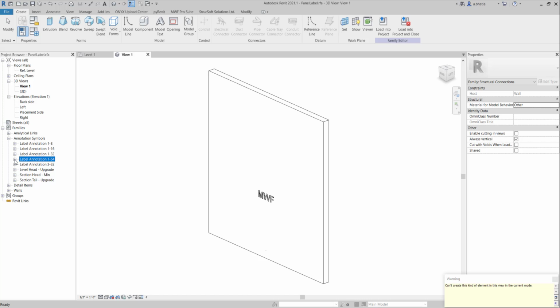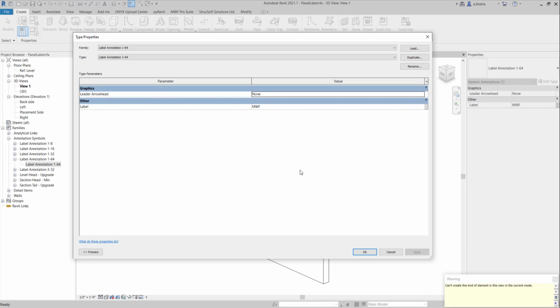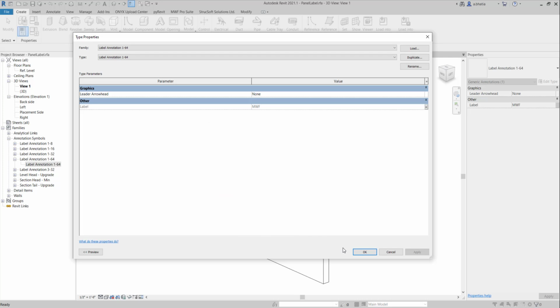So we need to ensure that this label is reading the correct parameter. In order for us to do that, we have to click on Label Annotation, and then right-click on that, and we need to go to Type Properties. We need to ensure that this text is associated to the correct parameter so that it reads the correct data whenever we renumber our panels or rename our panels or add prefixes, etc. So I will click this little gray square here, and I will associate family parameter to the ID parameter,